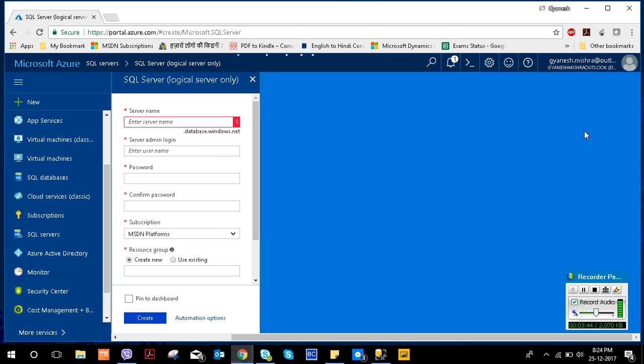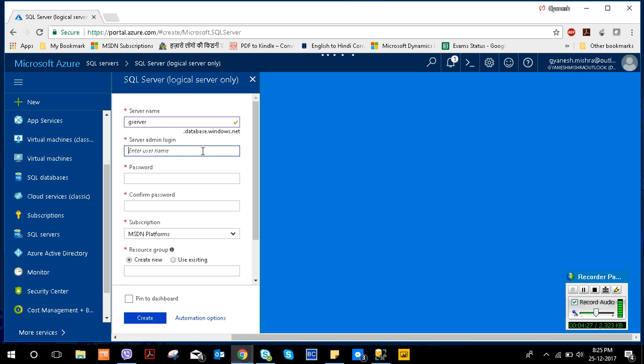Now I need to enter my server name, so I'm going to give the server name as test server. This is going to be a test server. I think this name has already been taken, so let me take it as G server. Yeah, you can see it is accepted, as you can see the check mark. And you can see we have .database.windows.net over here. Whenever you are going to use your SQL Azure, SQL cloud server, for project and program development, you need to follow this complete address for the complete server name.